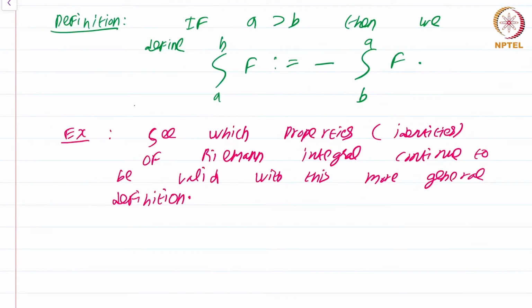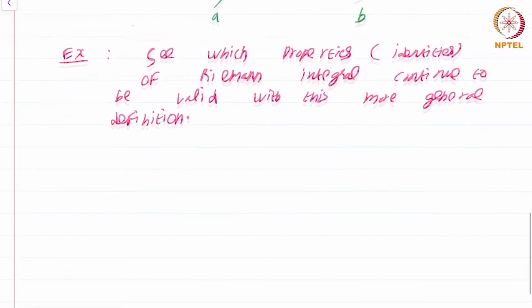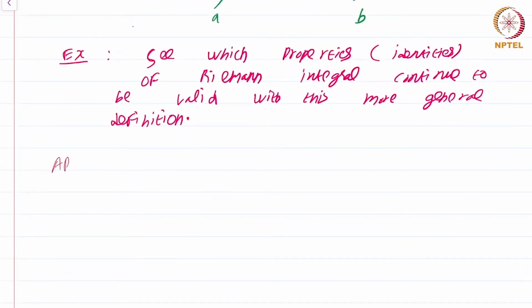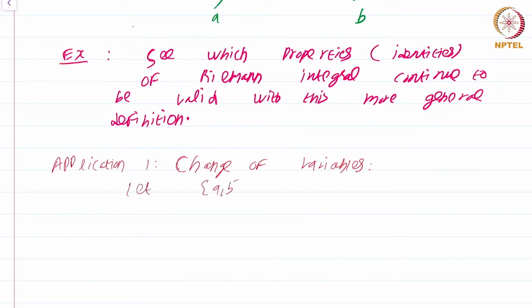With this definition out of the way, let's see some applications. So application 1. This application is also called the change of variables. This states the following: let [a, b] and [c, d], with a less than b and c less than d, be closed intervals,